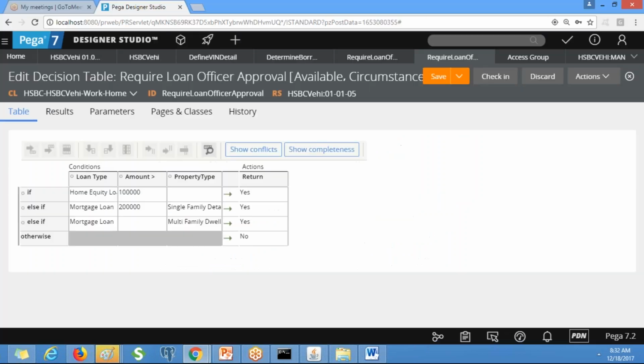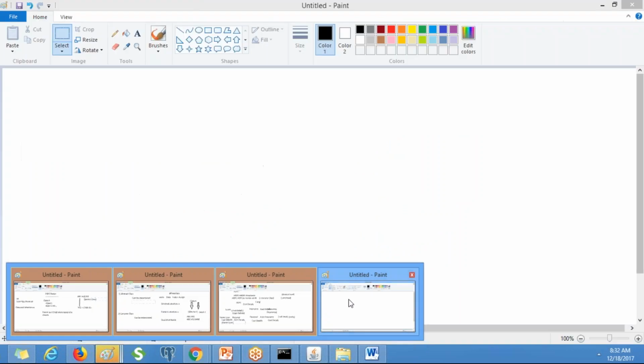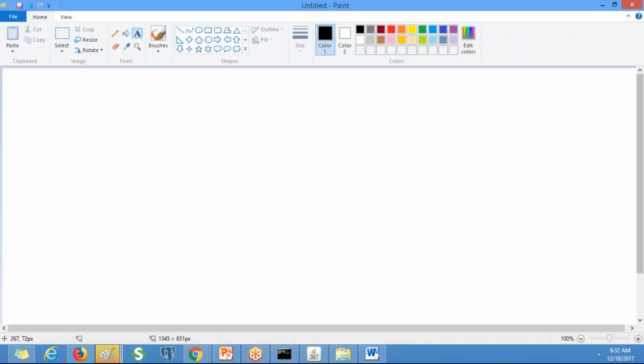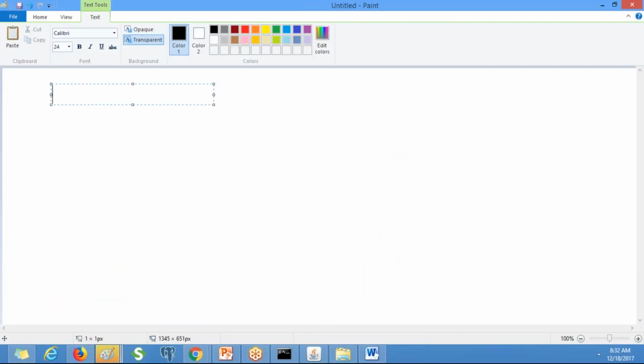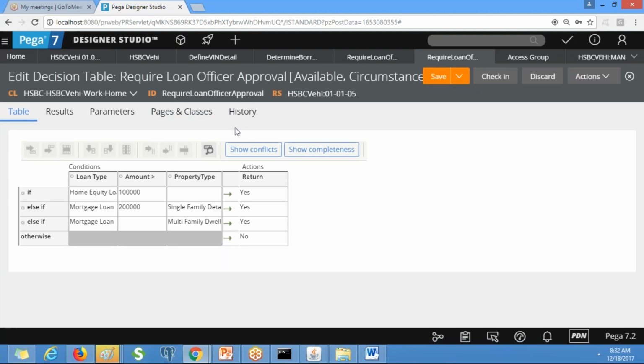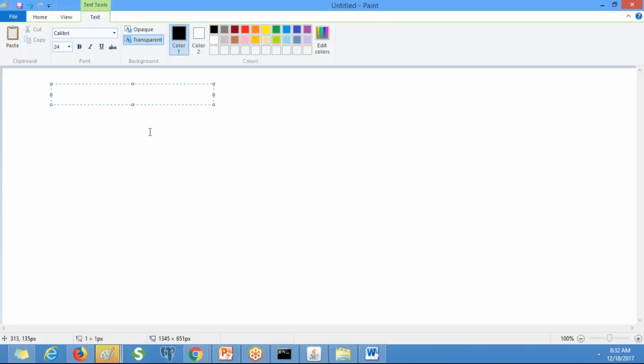Suppose I have a rule, the same decision table, and this decision table is there in the 01, 02, 03, 04 rule set versions.